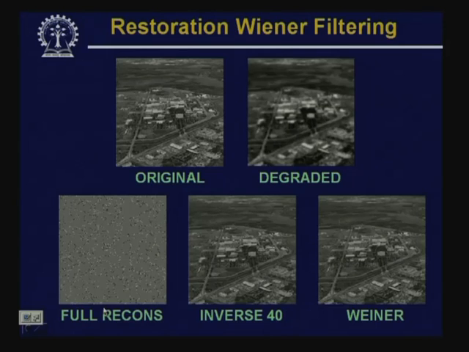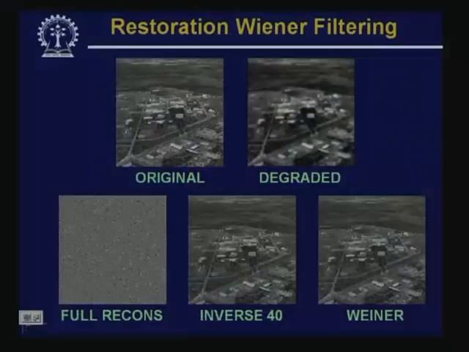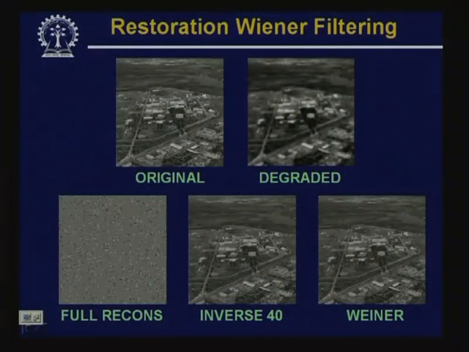So, here we have shown the image restoration of the degraded image using Wiener filter. Again, on the left hand side of the top row is the original image. The right hand side of the top row gives you the degraded image. The leftmost image on the bottom row shows you the reconstructed image using inverse filtering, where all the frequency components are considered. The middle one shows the reconstructed image using inverse filtering, where only the frequency components within a distance of 40 from the center of the frequency plane have been considered for reconstruction, and the rightmost one is obtained using Wiener filtering. And for obtaining this particular reconstructed image, the value of k was manually adjusted